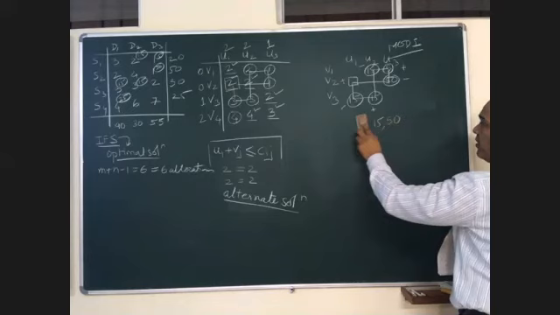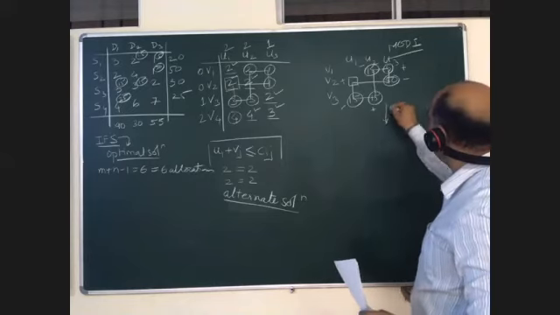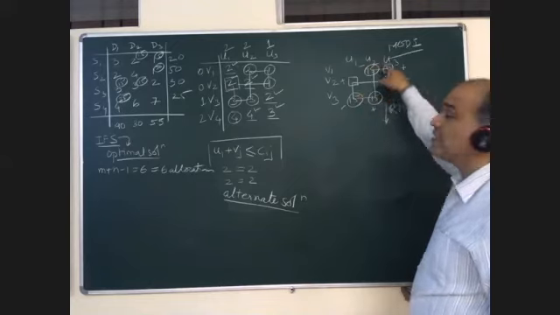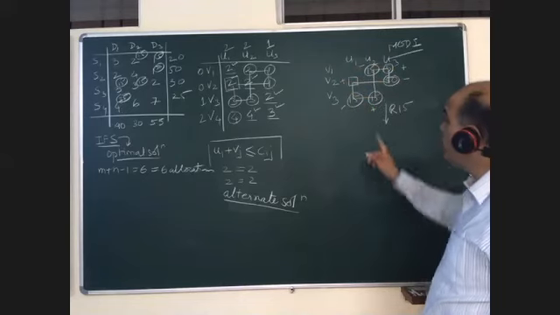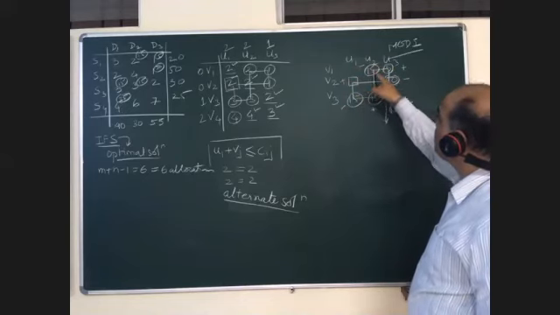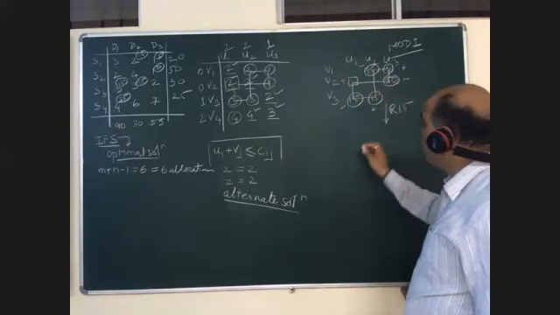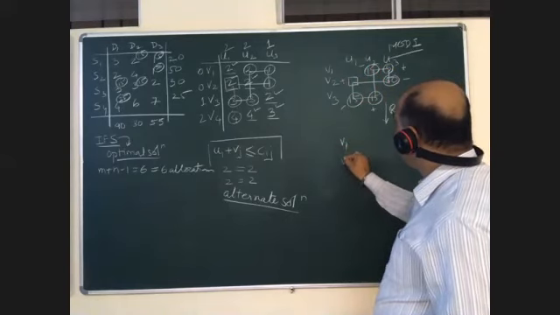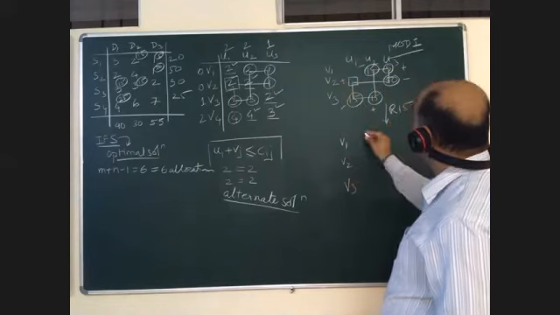Minimum is 15. I'll rotate 15 units in this. I'll rotate 15 units. Why 15? Because 15 is minimum and maximum is 50. I'll not consider 50. Now, pay attention. This is V1. I'll redraw this. Please pay attention.